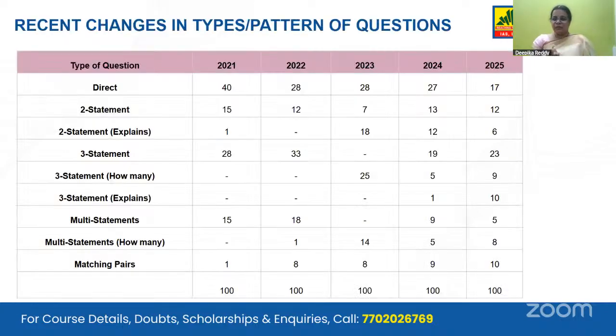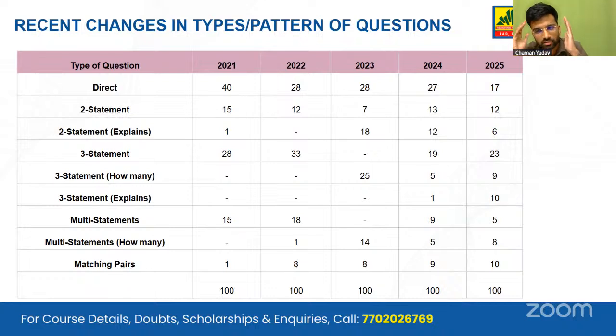Now, coming to the pattern of questions, UPSC also does not have a set pattern of questions. This I will ask Chaman to explain because he'll also give you examples for this. Okay, yeah, good evening, everyone. So, over the past years, especially after the COVID cycle, 2020, we have seen that UPSC has just diverged from the traditional way it has asked questions. Firstly, they emphasize more on direct questions or the two statement questions and the three statement questions. And the elimination method was predominantly used in solving those questions.